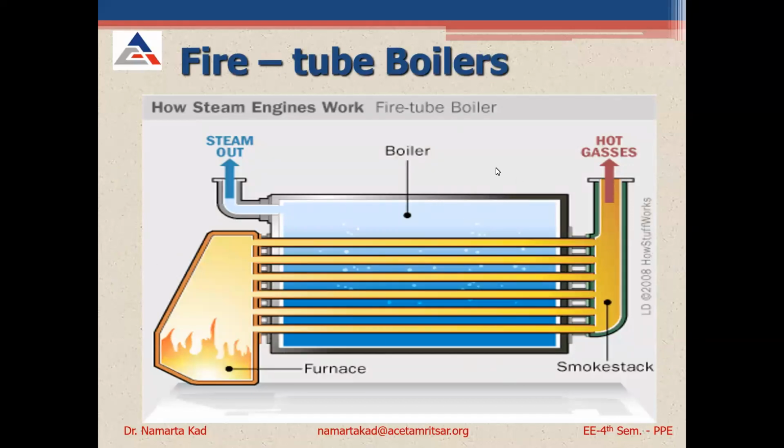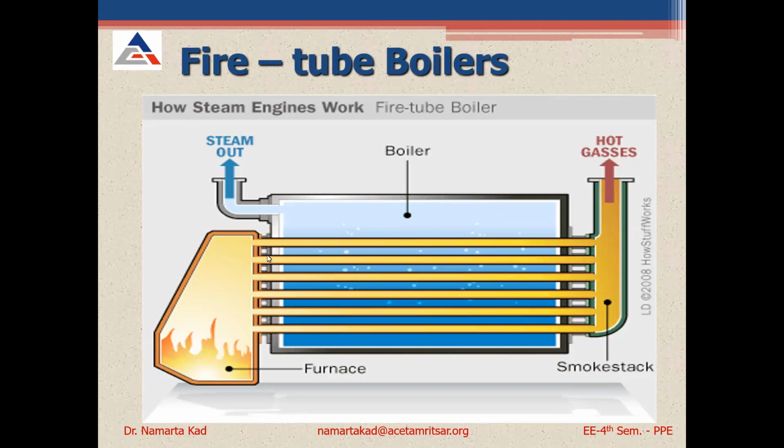So this is a simple diagram of a fire tube boiler. See here the different parts. This is the furnace area where the coal is fired, and from this furnace area the heat is moved through these tubes. As the name suggests, it is a fire tube boiler. That means in the tubes there is the fire and the water is around the tubes. So in the furnace when the fuel is burnt, the fire or the heat flows through these tubes and the water starts heating up with the heat of these tubes.